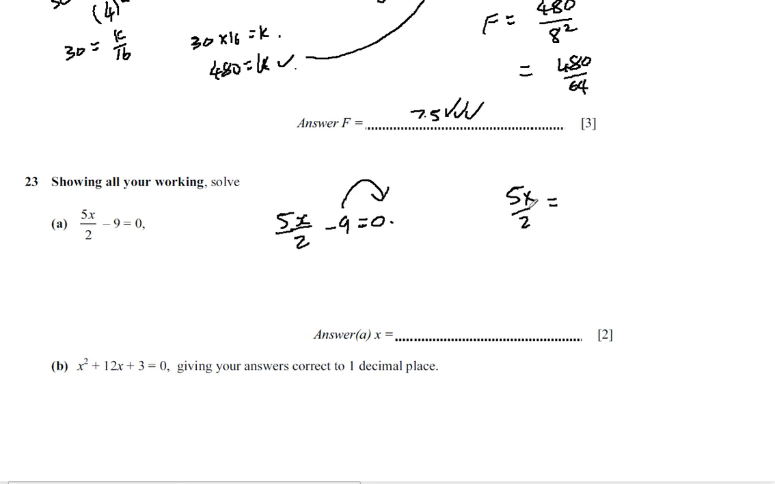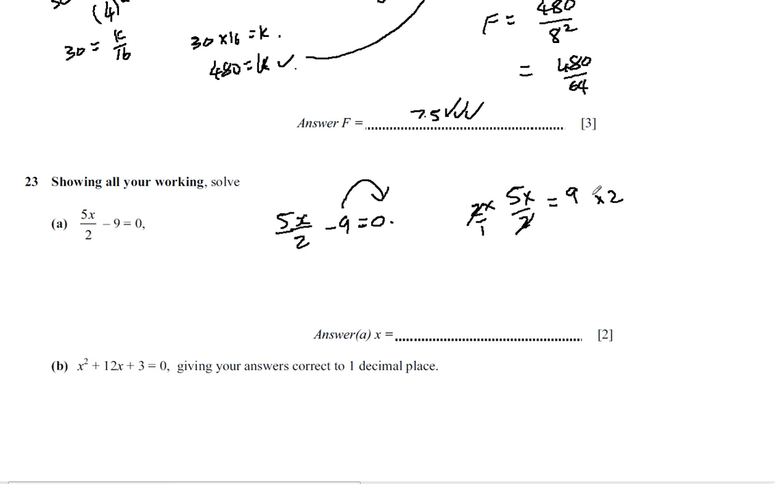If we add 9 on this side, it takes it away. But 0 plus 9 is 9. We can next take away this 2. We're dividing by 2, so we've got to do the opposite to take away the 2. So we're going to times by 2. So if you times both sides by 2, because what you do to one side, you do to the other,